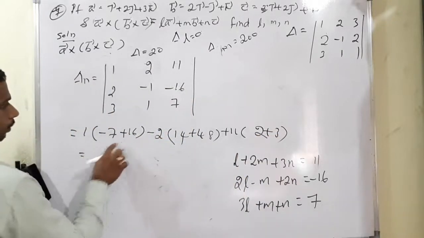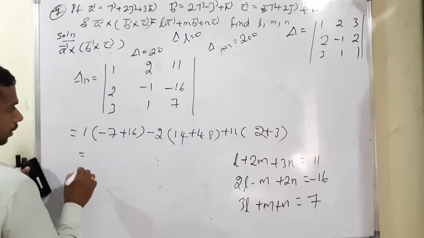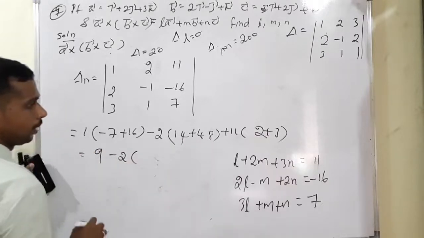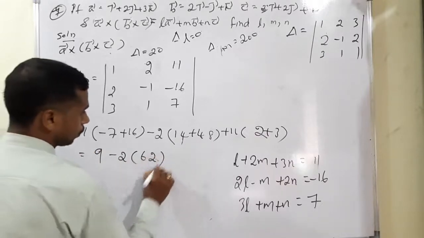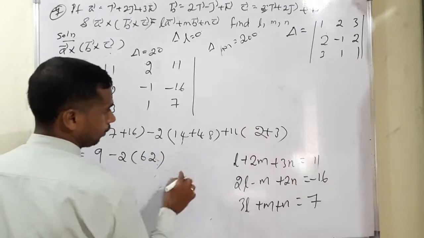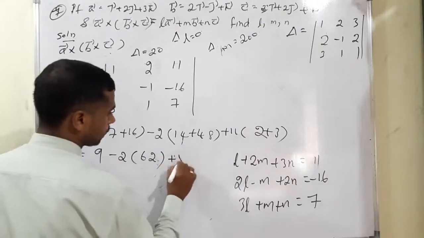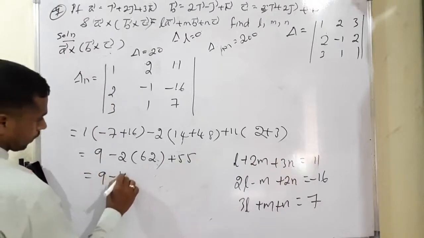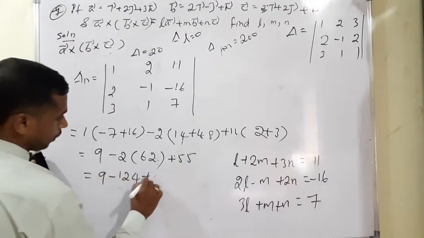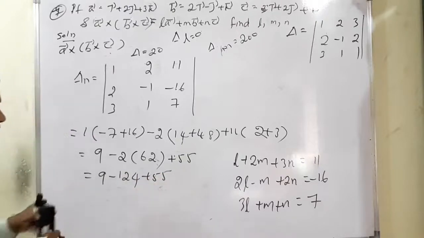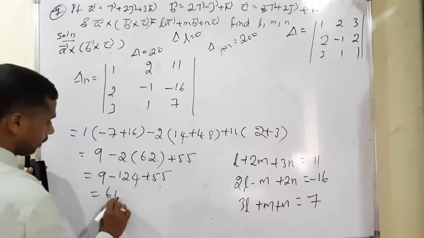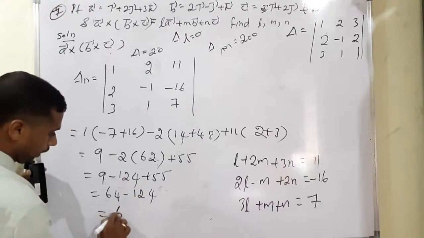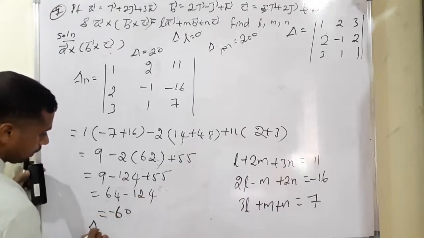Now minus 7 plus 16 means 9, isn't it? So 9, then minus 2, 14 plus 48 means 62. Then 2 plus 3 means 5. 5 11s are plus 55. Again 9 minus 124 plus 55, isn't it? Now 55 plus 9 means 64, minus 124. So the answer is definitely minus 60, isn't it? Therefore this is called del